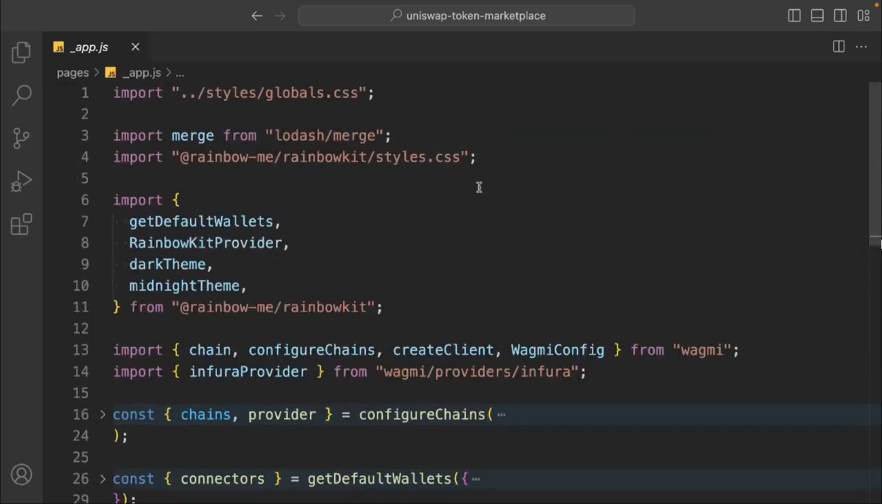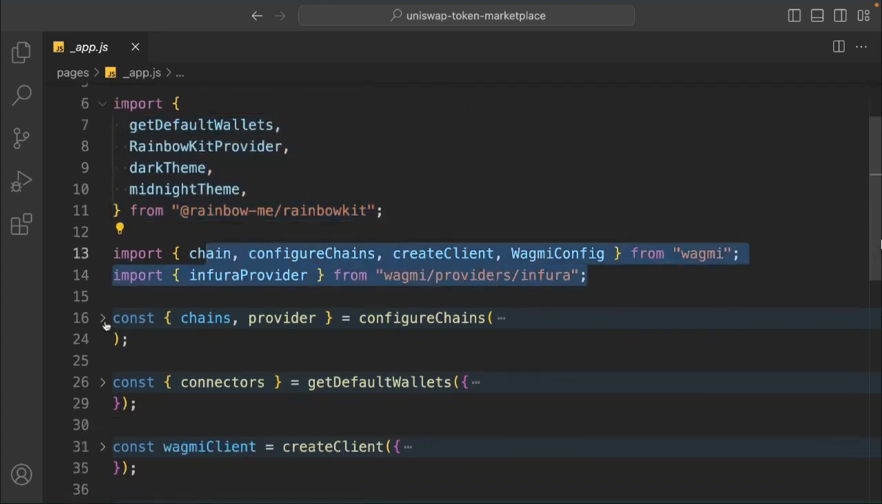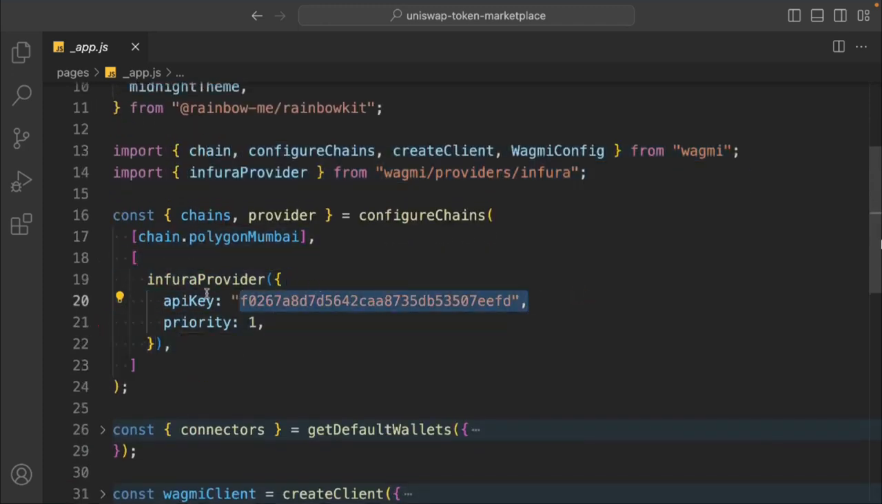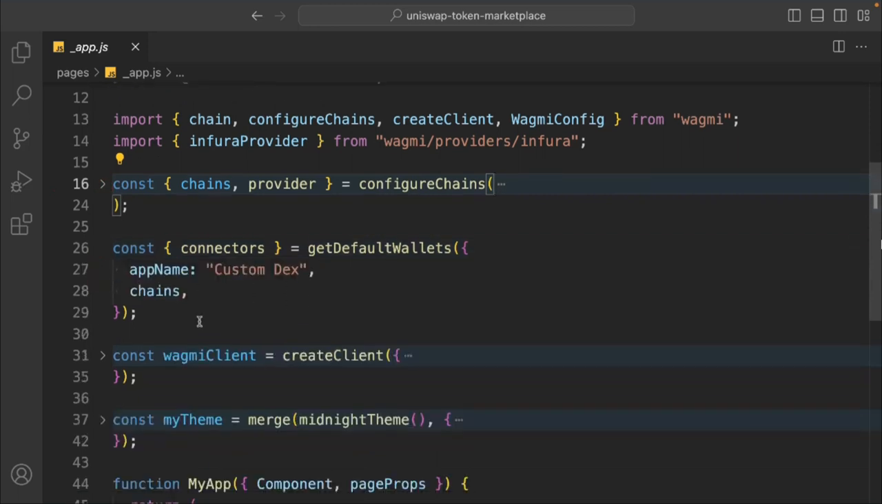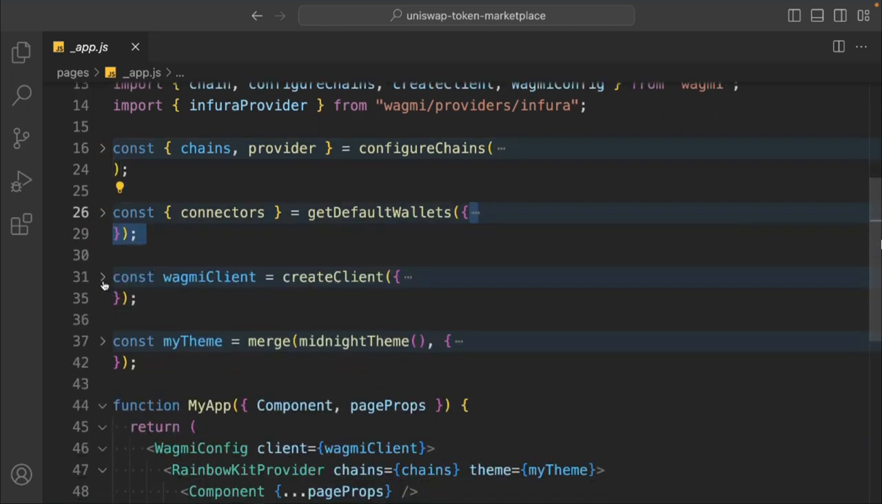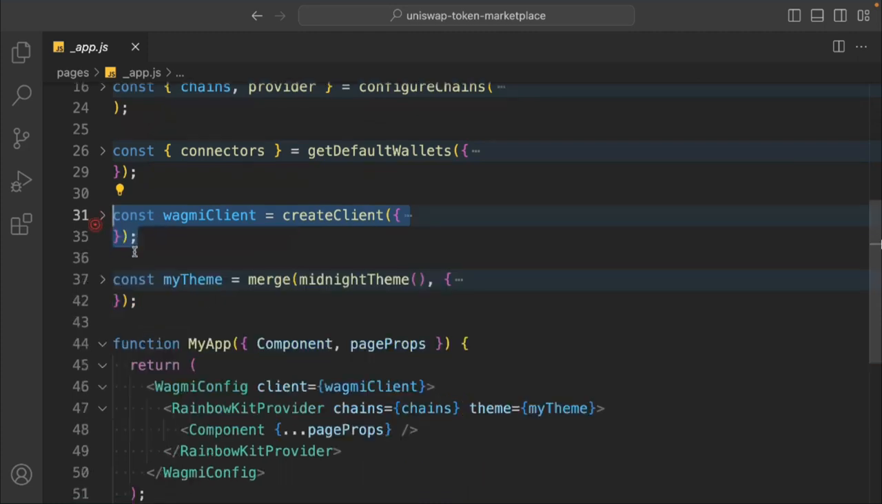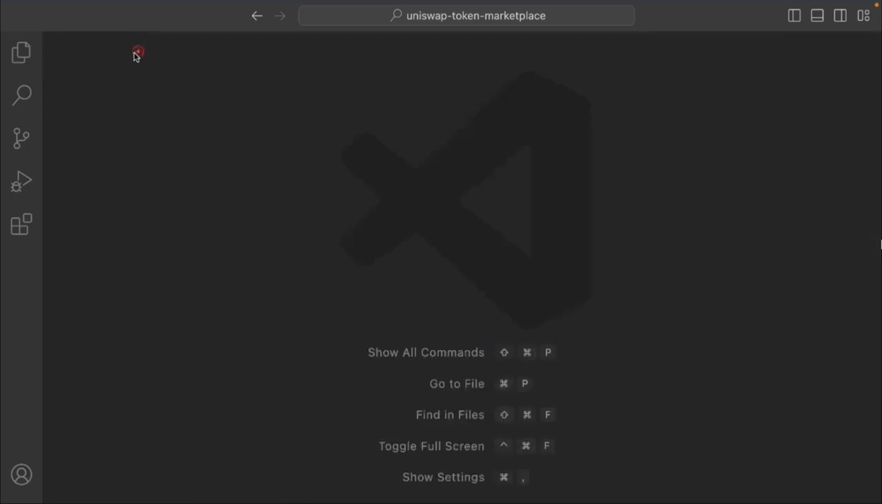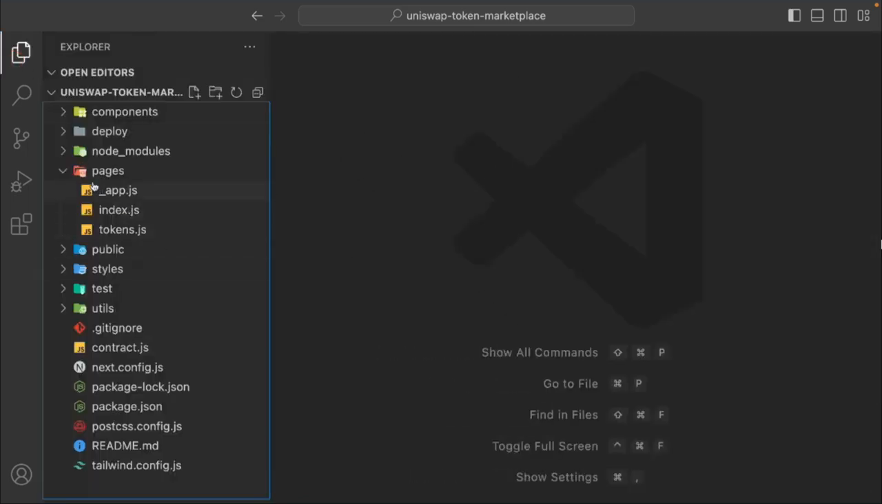You can see we have imported this global CSS and the package CSS and the merge library. Then we are getting some important functions which allow us to communicate and get some themes and providers from the Rainbow kit. Then we are getting the Wing and the Infura. Then we are getting the chain configuration. Then we are getting the connector, giving the name and the chain. Then we have the Wing client for our wallet. Then we have this theme. And here we have this my app. Close that one. So we are done with this particular configuration, and now we have to work on the index